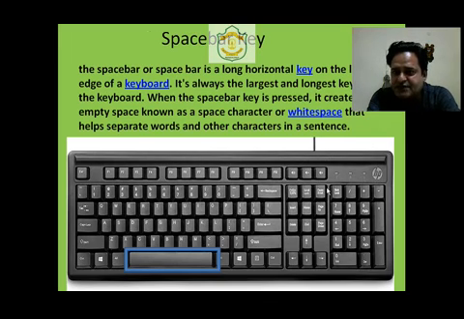The space key is used to create or insert a blank character or space character in the document on which we are working. As we all write our name, for example, my name is Sandeep Sharma. How will I write? I will write Sandeep. Then we need a space, a gap, before my last name Sharma. That particular gap of one character is inserted using this particular key. This key is called the space key.